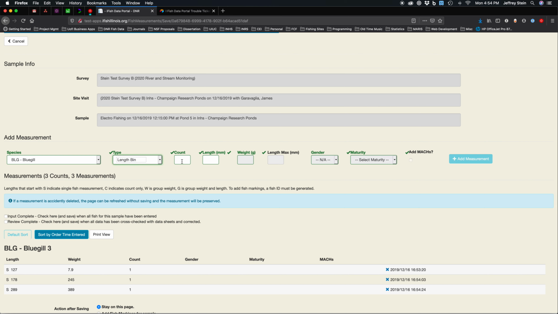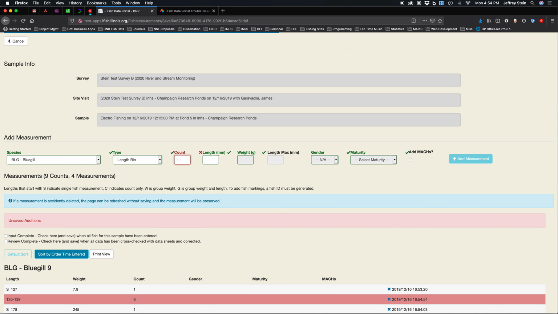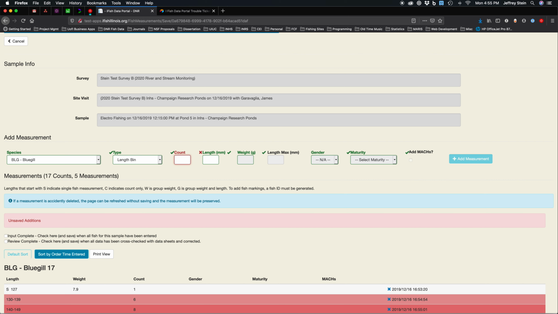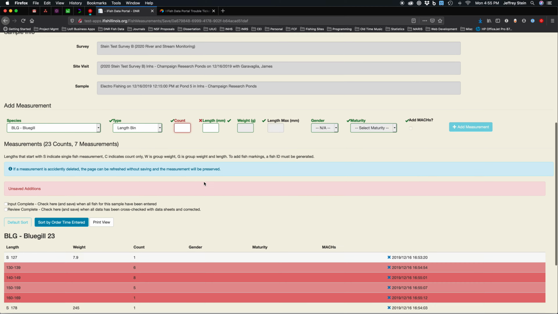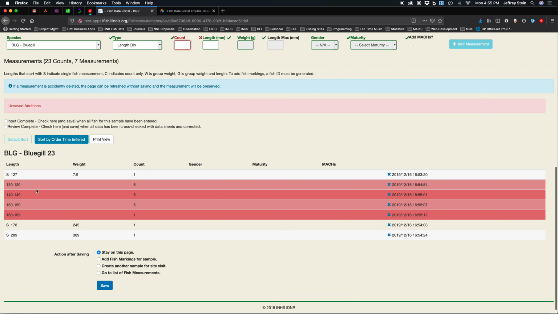Okay, and I'm going to start right here in the count, and I say I had 6 fish in the 130 millimeter bin, and I tab over and I add. And then I had 8 fish in the 140, and I hit tab and I hit enter, and then I had 5 fish in the 150, and I hit tab enter, and then I had 1 fish in the 160, and I hit tab enter, and you can see I start to build my